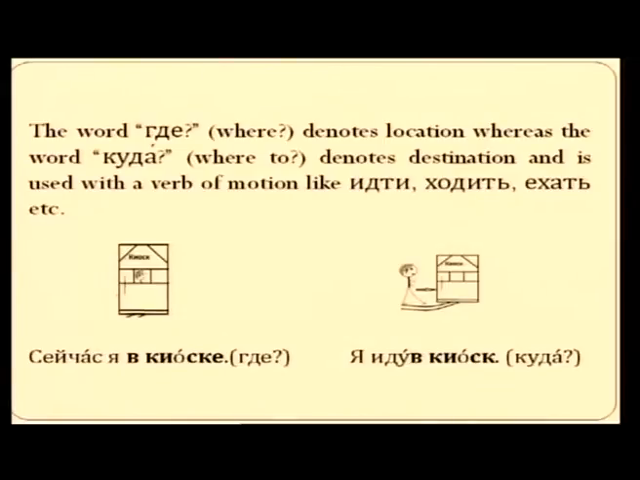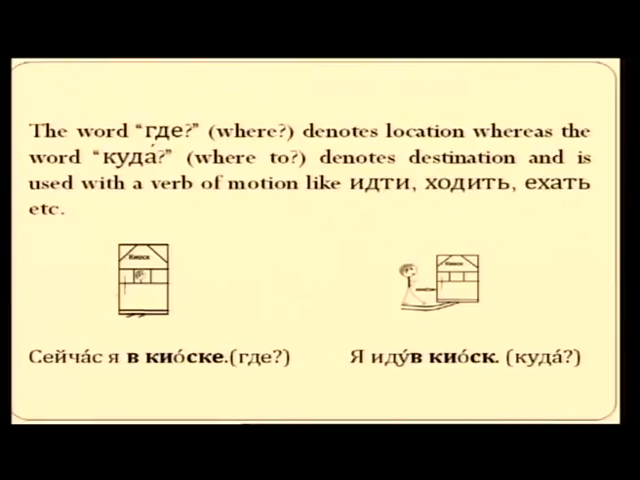Here we are using the two words где and куда. The word где means where, and куда means where to. These words are used in our day to day communication. And what does it indicate? Где indicates the location, whereas the word куда denotes destination and is used with verbs of motion like идти, ходить